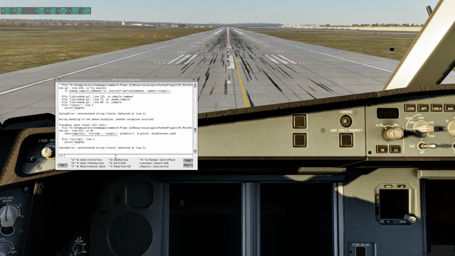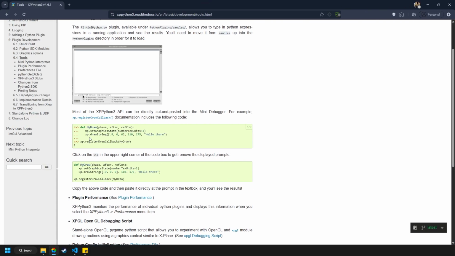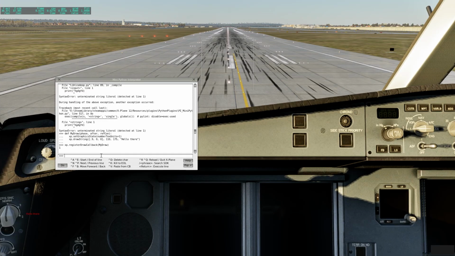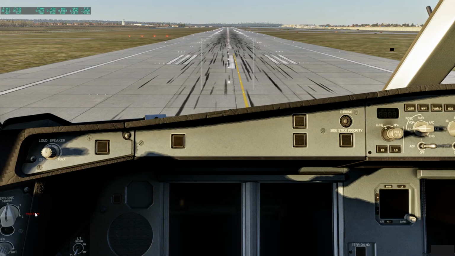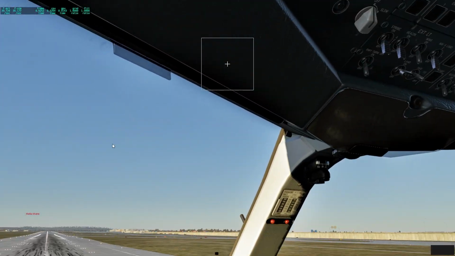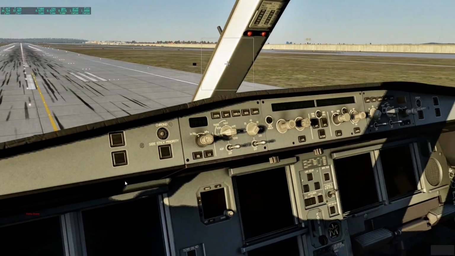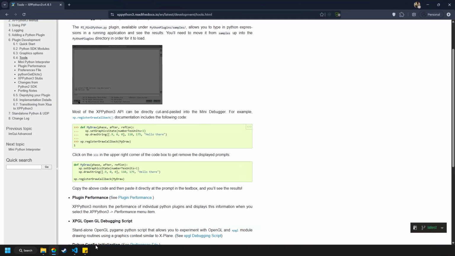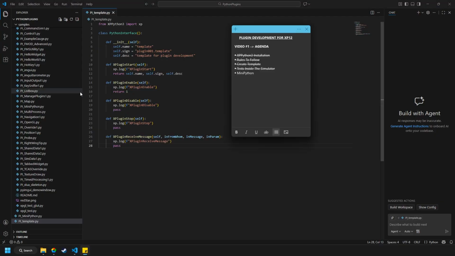And now let's test some commands that they have given here. So let's go back to the terminal and paste. Yeah, so you can see it has printed this hello there message inside the simulator, right? So you can see it is clearly being drawn on the screen. So that was